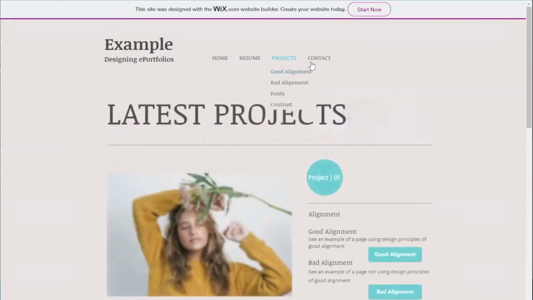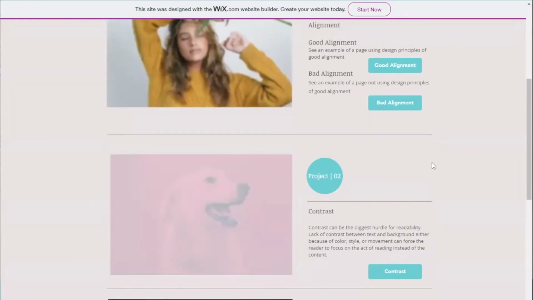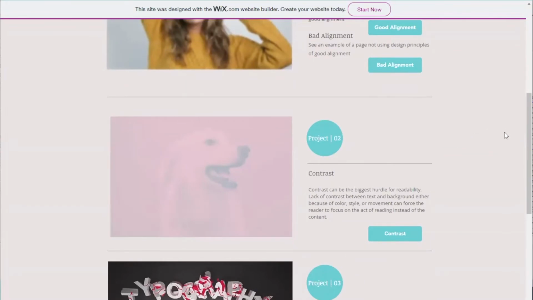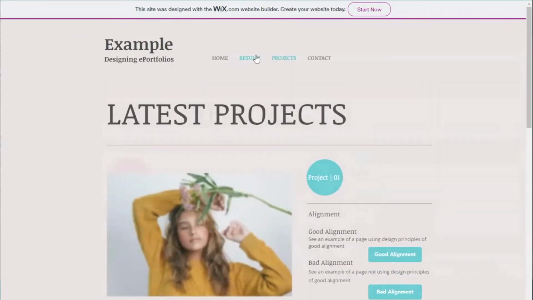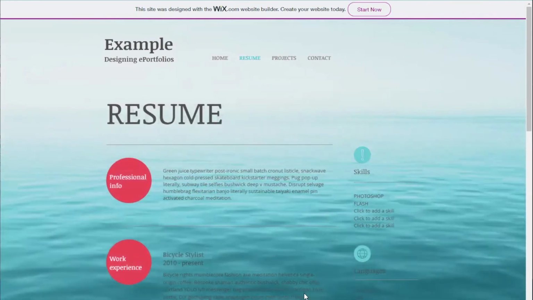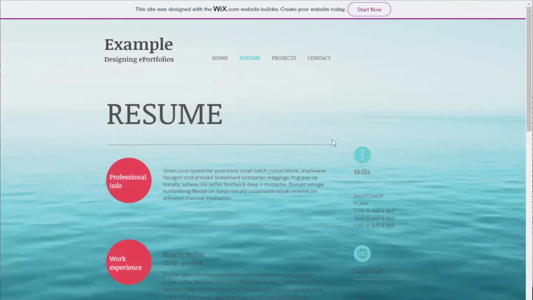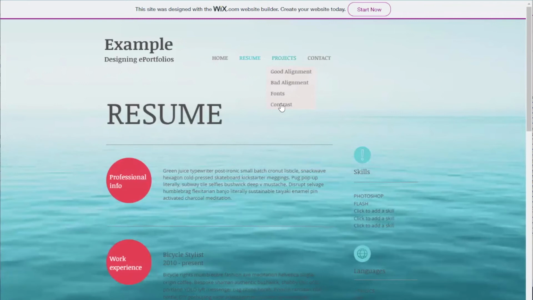All right, let's return to projects and talk a little bit about contrast. So contrast can be the biggest hurdle for readability because the lack of contrast between text and background, either because of color, style, or movement, can force the reader to focus on the act of reading instead of the content. We saw this in our resume page with a lack of contrast between the darker blue and the gray text. Another good example of this